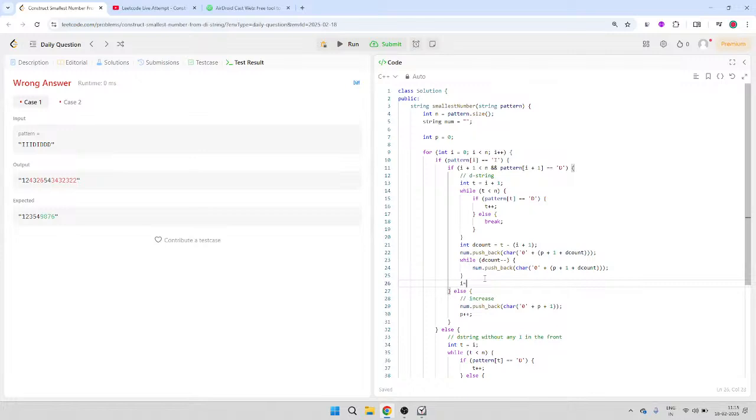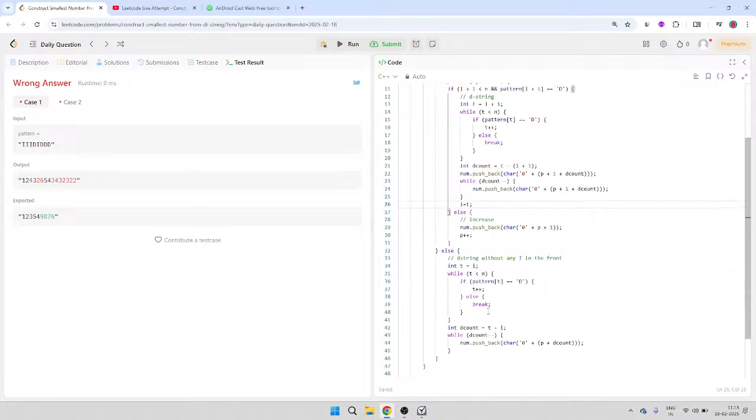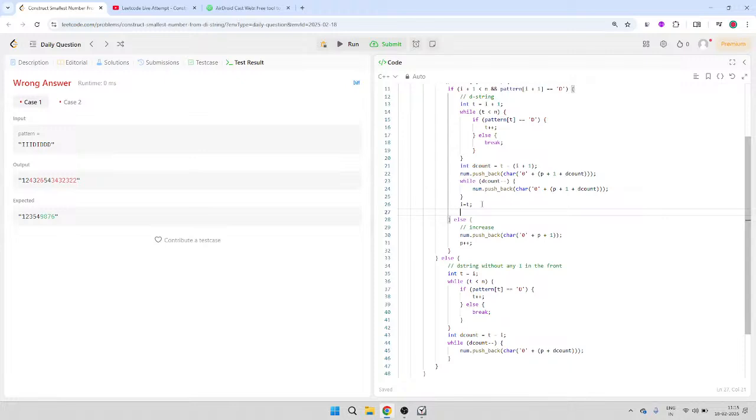I can assign this i to t. It's fine, I guess. Right. One more thing which I'm missing is updating p, right? The p has to be updated with something. p equals to,